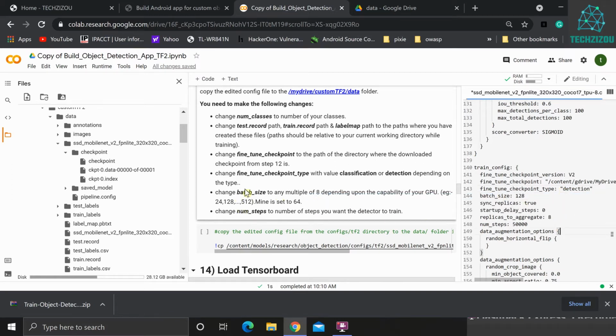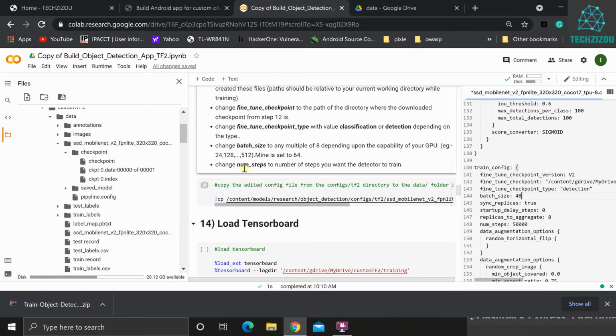Okay, next change batch size to any multiple of 8 depending upon the capability of the GPU. I'm using a free version of Colab, so this does not have a very huge RAM, so I'll be using batch size as 64. If this gives you error, you can use a lower batch size 48, 32, any multiple of 8. Obviously this will affect the training time. The larger the batch size, the faster will be the training process, obviously. So if you have a good GPU, you can give it a larger batch size. I'll be giving it a batch size of 48,